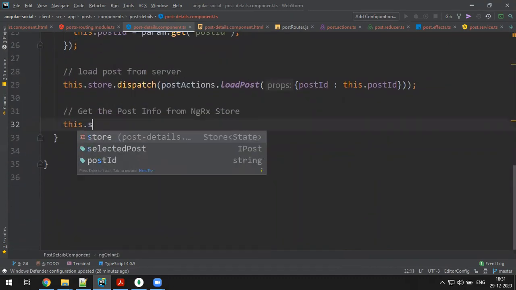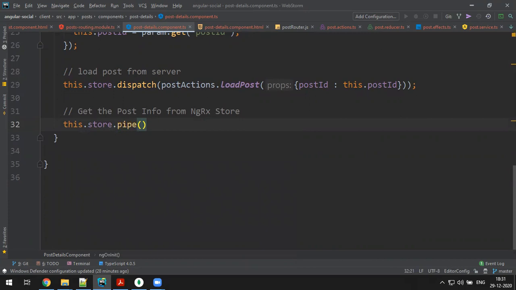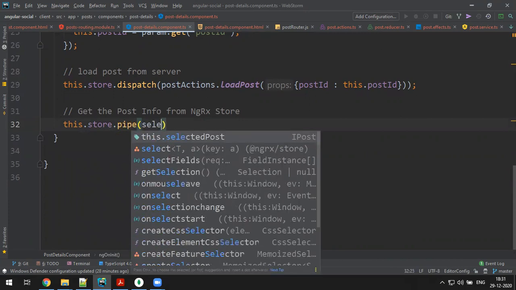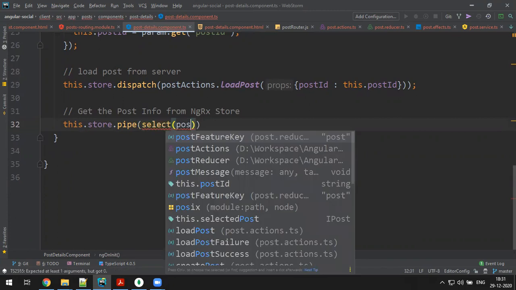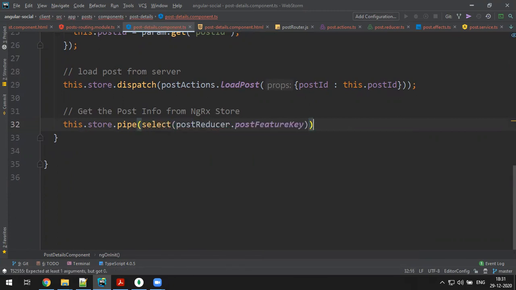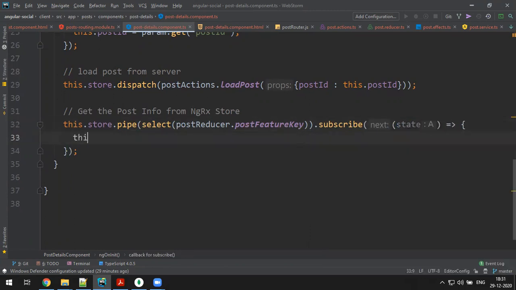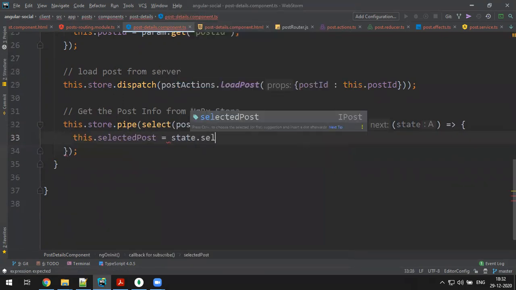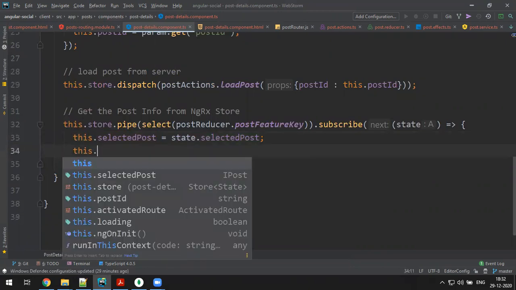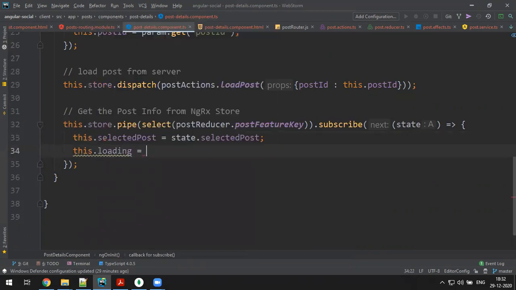Fetch data: this dot store dot pipe, select post reducer dot post feature key, dot subscribe to the store. You receive the state that I'm adding to my local variable: this dot selected post is equal to state dot selected post. Done. And for loading, this dot loading is equal to state dot loading flag. Fine, I got the particular post.